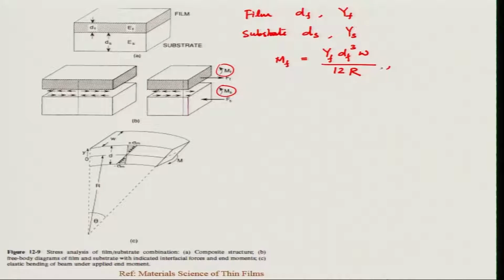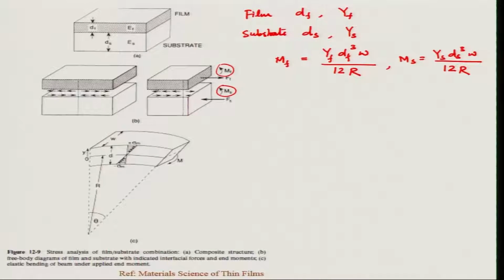Similarly, Ms can be given as Ys ds cubed w divided by 12 R. Now these two bending moments together should be equal to the force, these equal and opposite forces Ff and Fs. Since if we do a force balance, these forces are equal and opposite, so we